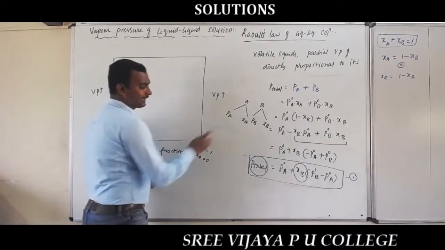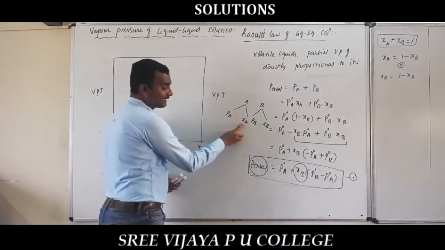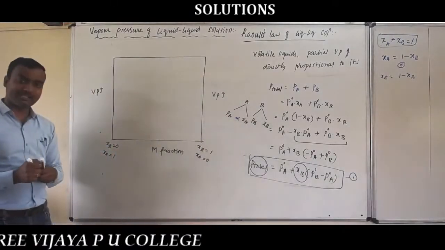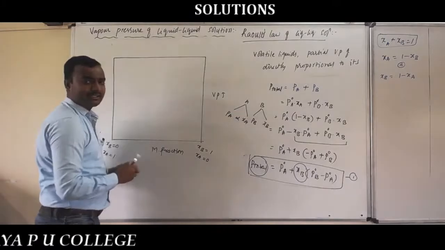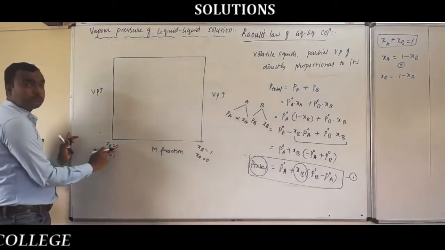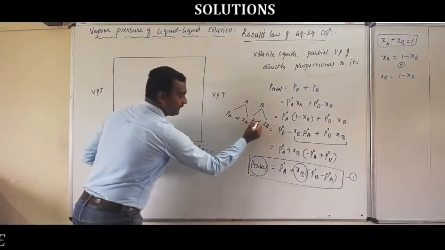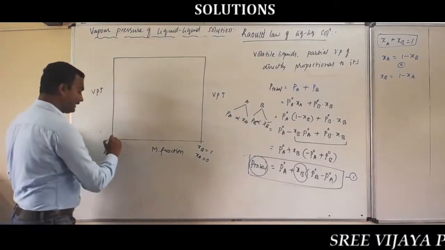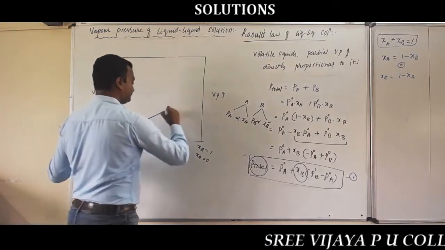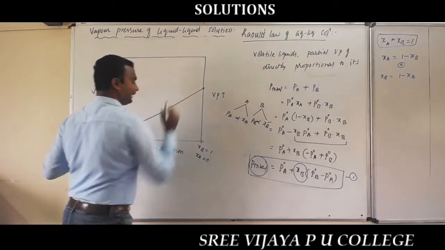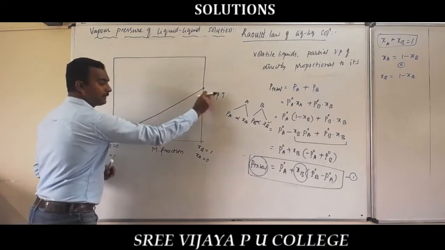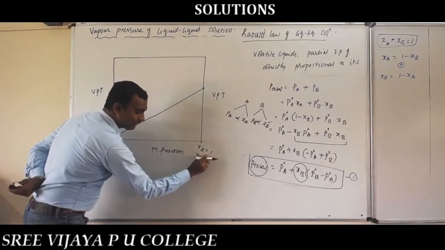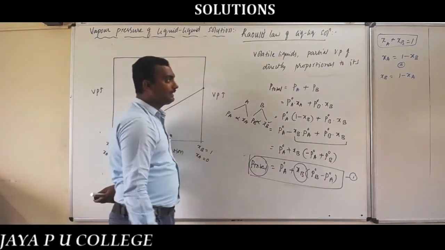According to Raoult's law, what does it say? Partial pressure of the component is directly proportional to its mole fraction. Partial pressure of component B is directly proportional to its mole fraction, which means we are saying it varies linearly. As the mole fraction of component B is increased, what happens to the partial pressure of component B? It goes on increasing and finally reaches this point. So see what the vapor pressure is at this point. Now at this point, where xB is equal to 1, it means